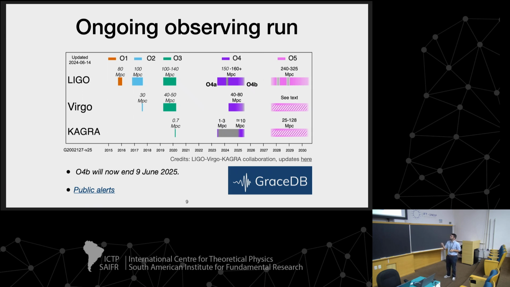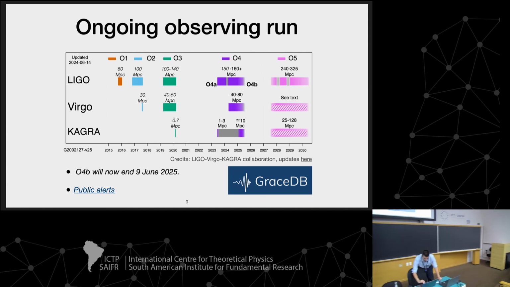So we are exactly in the middle of the 4th observing run. We have O4A and O4B, the first part and the second part. We are in the middle of the second part. And the nice thing is that in the second part, the 3 detectors are functioning. This is going to make it clear why we need 3 detectors functioning to do gravitational wave astrophysics at top level. And we will have future observing runs with current gravitational wave detectors, the O5 observing run. What I want to show here now is this.